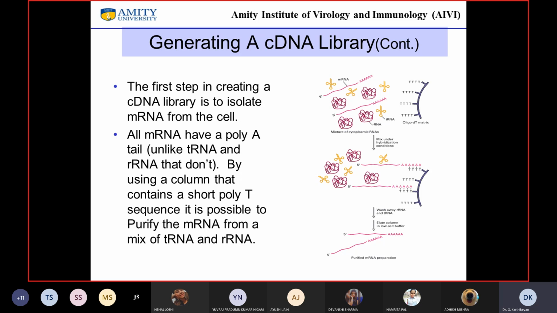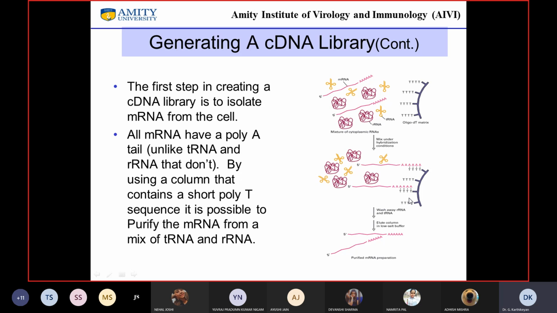How do we purify only messenger RNA? It's very easy, because all eukaryotic messenger RNAs have what is called a poly A tail, right? So scientists have been very clever. They use a matrix to which several T's are attached. By complementary base pairing, all the messenger RNAs will come and make contact with this oligo dT.